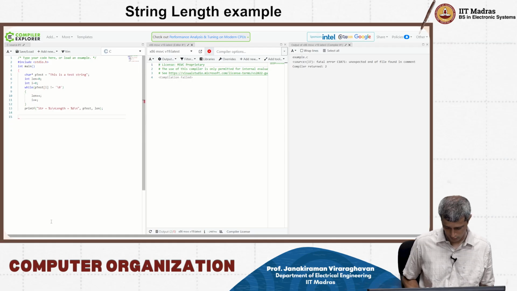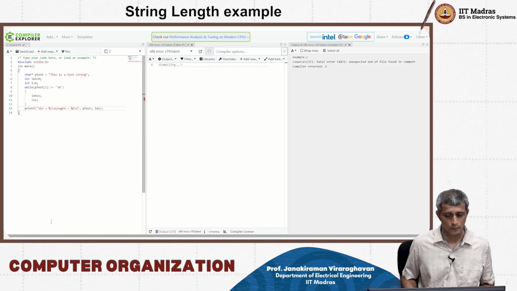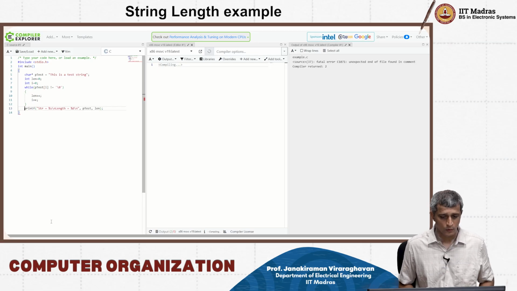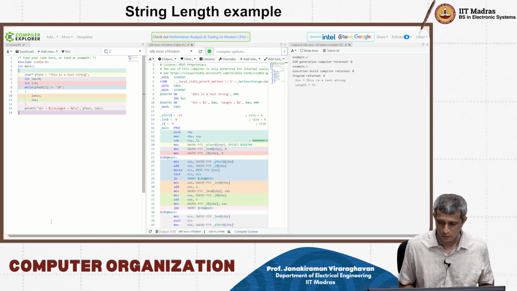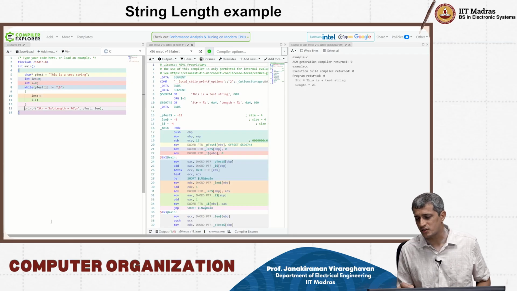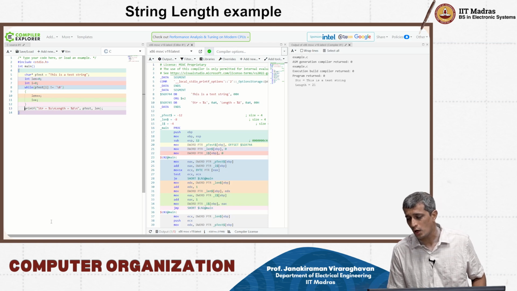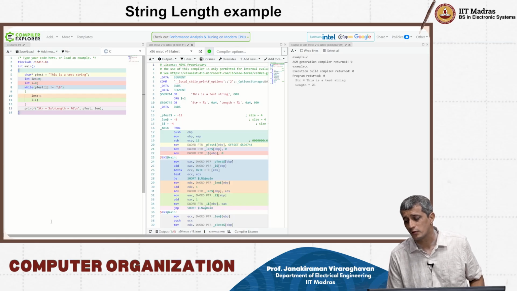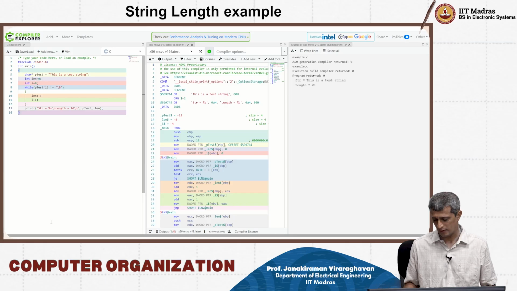Maybe this code is what is causing the problem, so I will remove this. Right, so it says the length of this string, this is a test string, so it is 4 plus 2 plus 1, 7 plus 4, 11, 11 plus 6, 17 plus 1, 2, 3, 4 spaces,